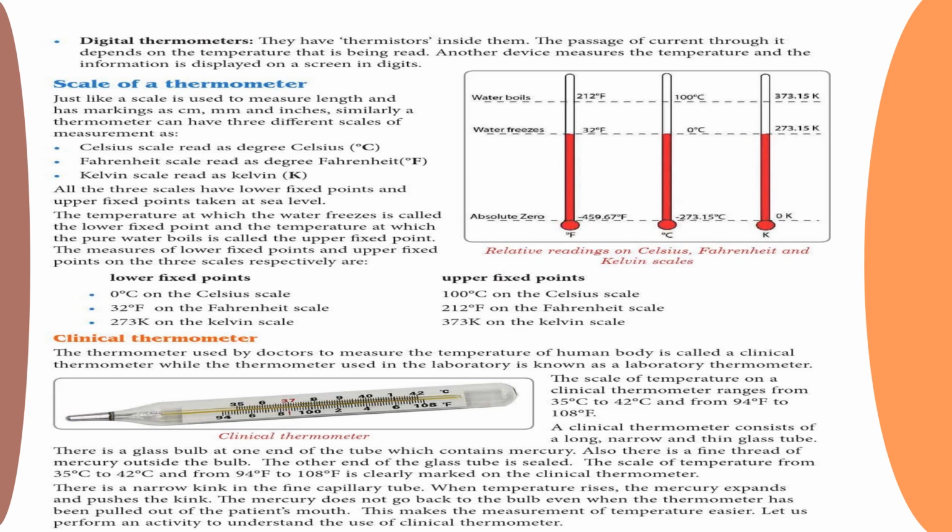So a thermometer has a scale marked on it, which is used to read the temperature. For example, the scale in a laboratory thermometer is measured along the length of the thermometer tube between the 0 degree mark and the 100 degree mark, divided into 100 equal divisions. So each division is called a degree, and the temperature of an object should always be stated with its unit. The most common unit for measuring temperature is degree Celsius.